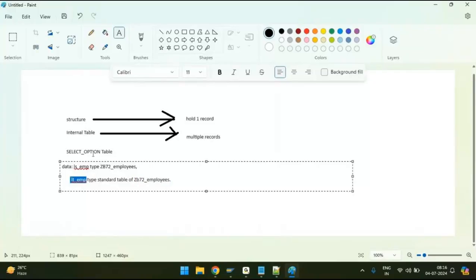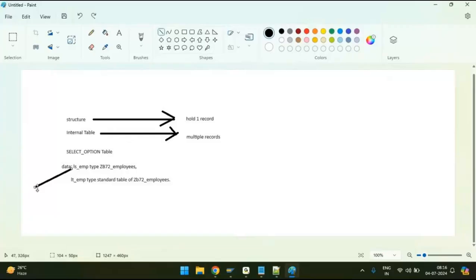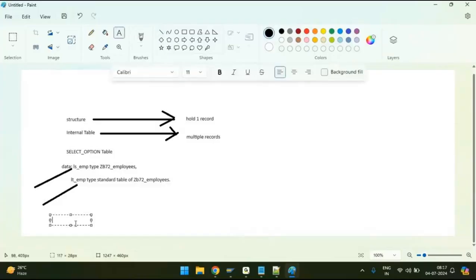Internal table means this lt underscore emp can store multiple records of this database table. That is why during the variable declaration, you can see I used LS here, but I used LT here. So this is one naming convention, guys, like LS, ES,